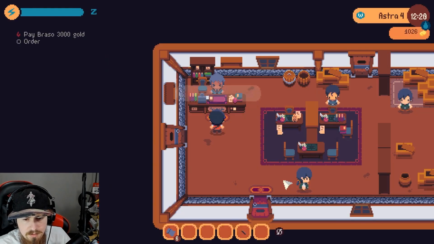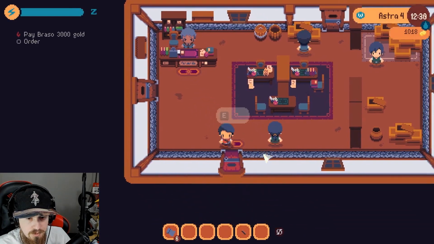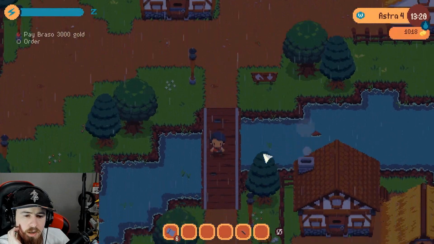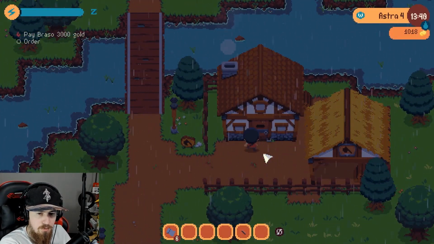Okay, so... Next order reach. Expect delivery tomorrow. I'll have someone leave the goods at your shop's door. Okay. Interesting enough, the graphics, the graphic design that they're going for kind of reminds me of...